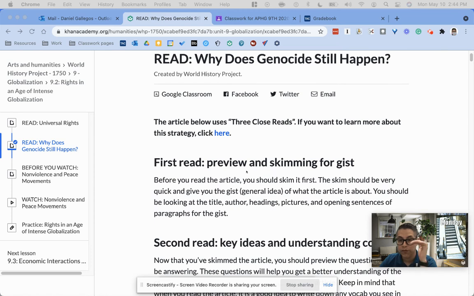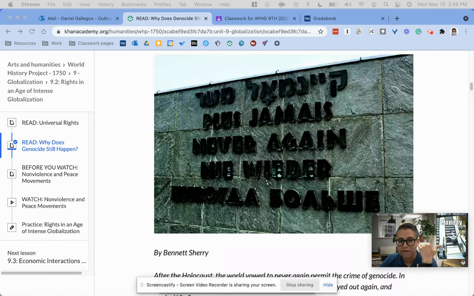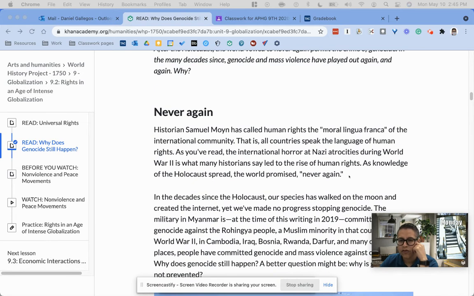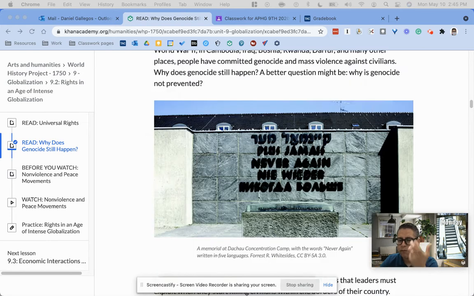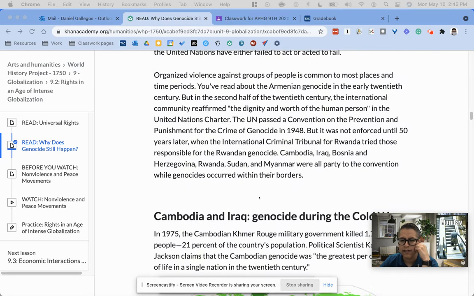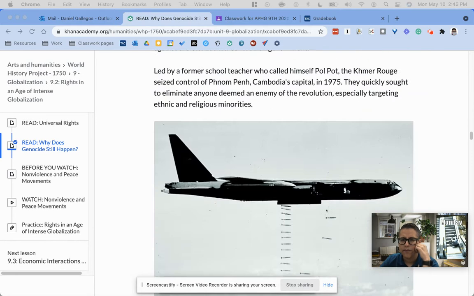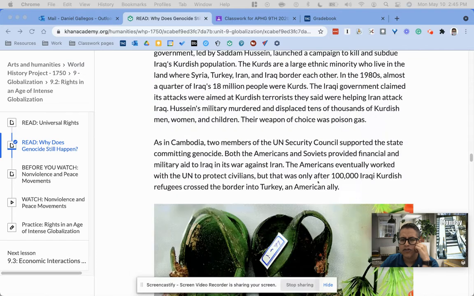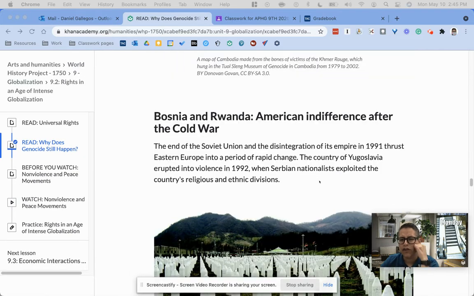In the first read, you just preview and you skim for the gist of what the article is about. So you just kind of look at the article and evaluate headings and photographs that the article has. Whatever the author makes stand out is what's most important. So you look around and see, okay, well, it's going to be about this. It's got a map here. It's got this image. You kind of just keep going and get the general idea of what the article is